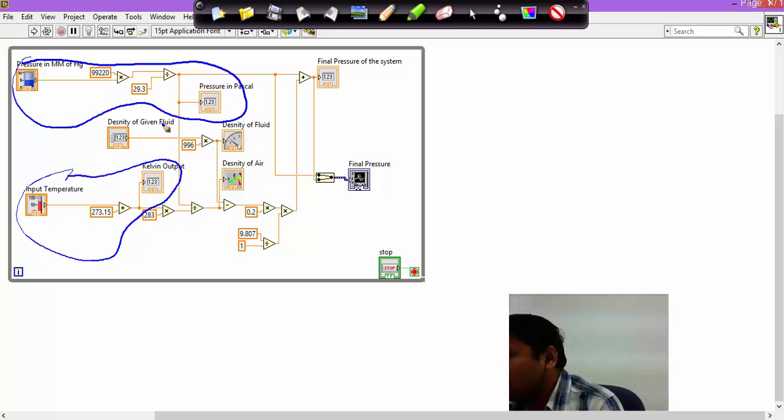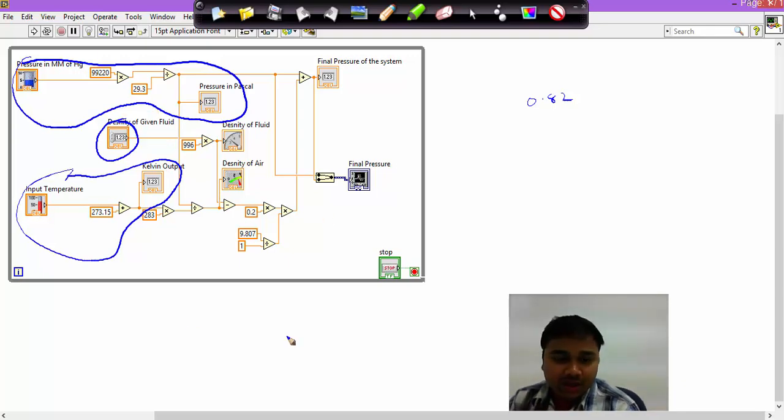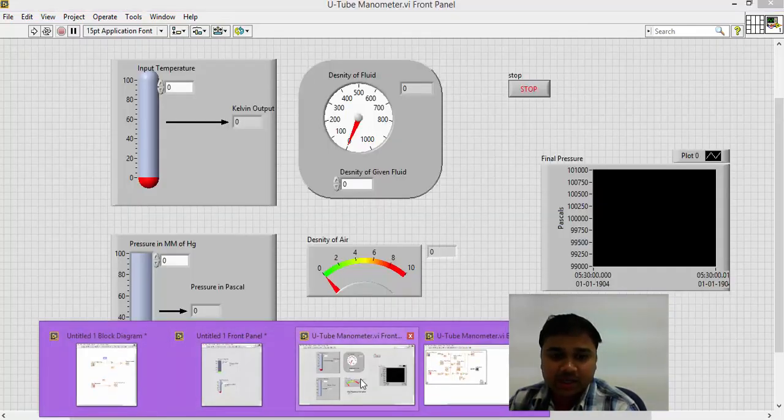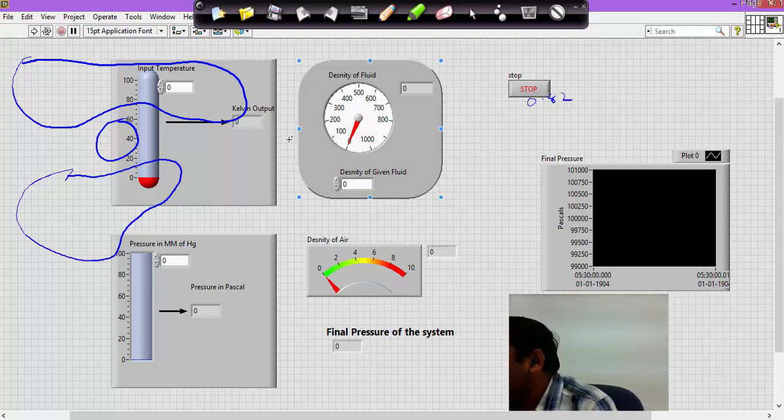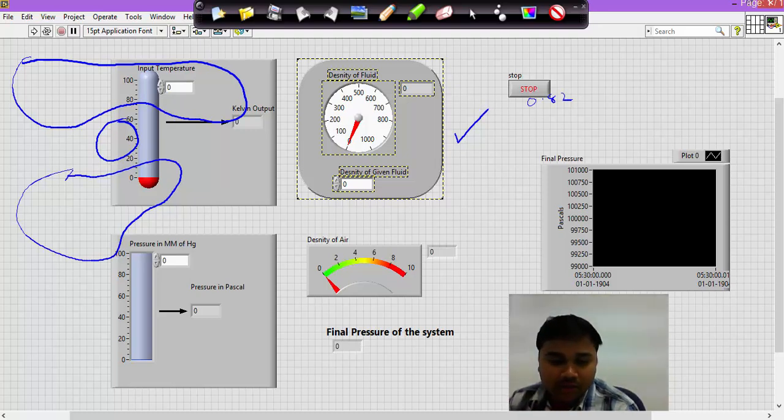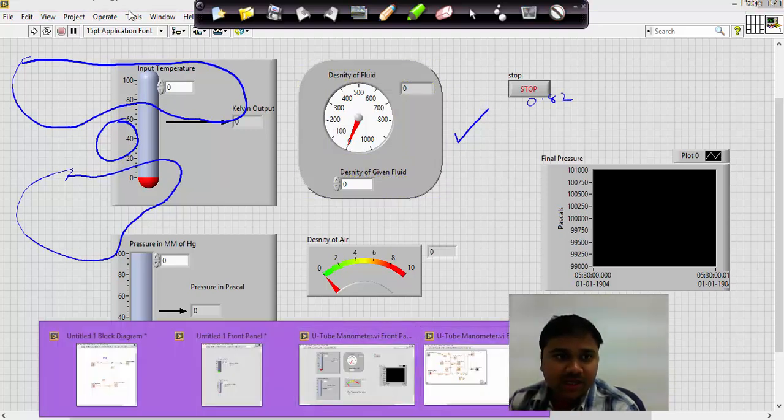The density of the given fluid: as you know already, the specific gravity of the fluid is given as 0.82. So that is the reason why you are taking density as a variable. You can observe in your block diagram, the density of the given fluid. This is the density of the given fluid, the same thing. Now you will go back, and if you see side by side,